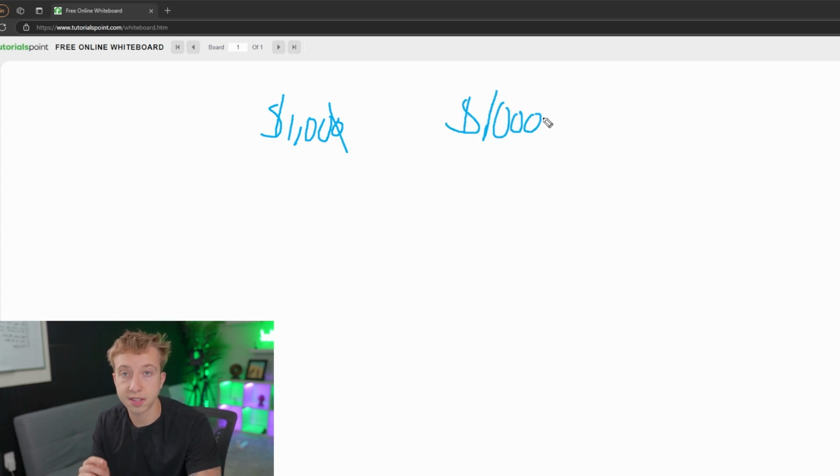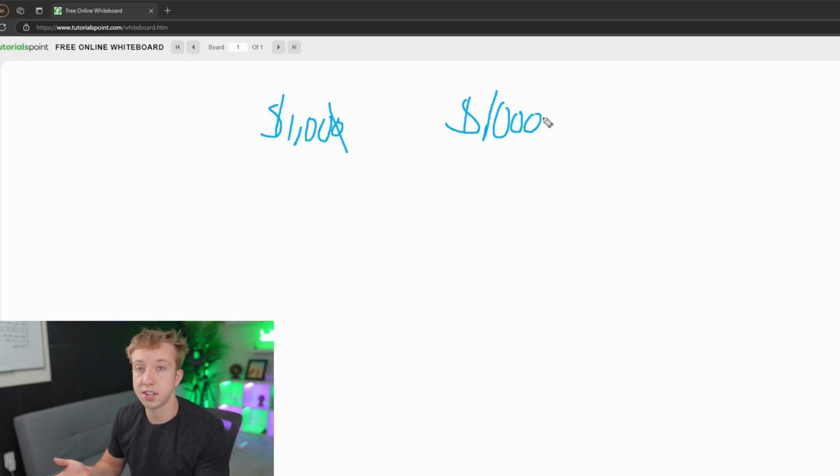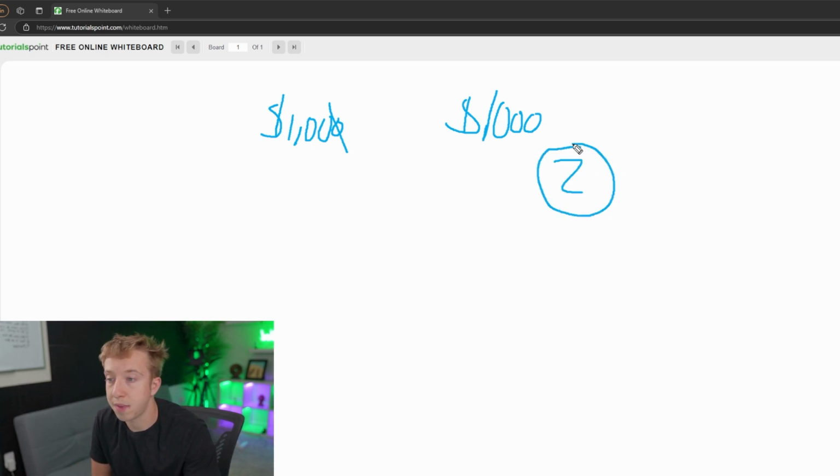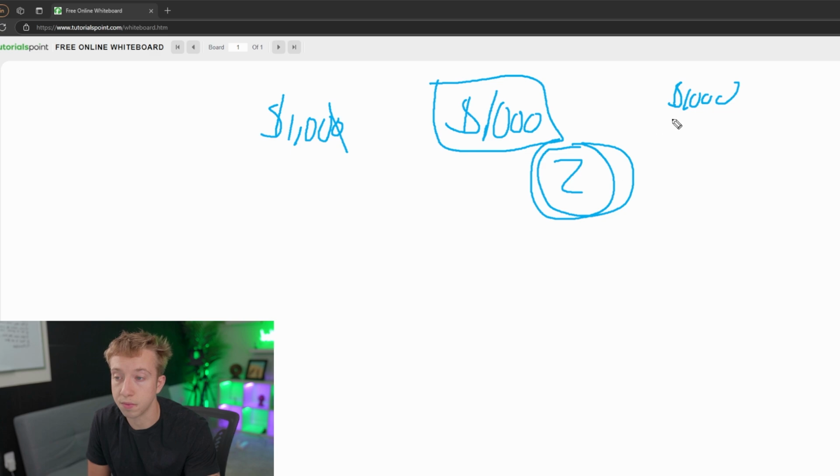Now, the first thing I want to tackle is overtrading. With this strategy, you're going to get at least 1 to 2 A+ setups. For the people that are overtrading, they're obviously going to get more than 2 trades a day. So how do we combat this and make it so you literally can't trade after 2? Have this $1,000 or have $100 and every position size will be half of your account, which means that you could at most take 2 trades in a single day.